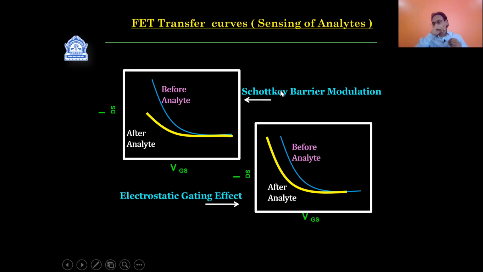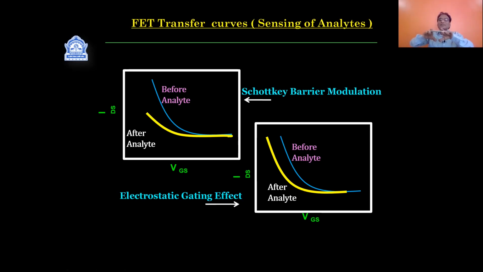Now, what is the reason for that? What is Schottky barrier modulation? Let me explain. Look at my hand. These two hands are the pads, and this pen is our carbon nanotube, right? So the carbon nanotube is sitting on top of the pads like this, this is how we placed it, right?